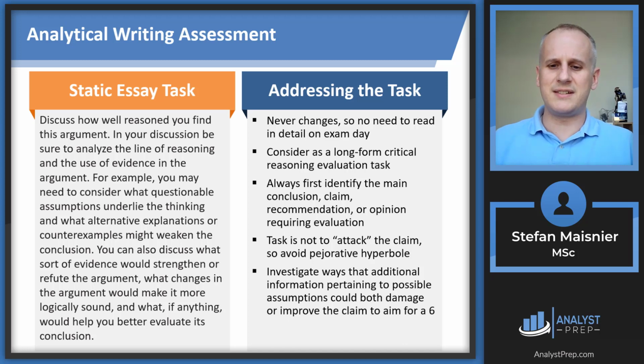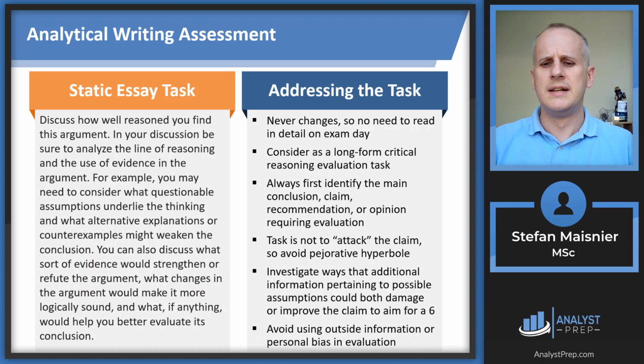And so you're going to then investigate ways that additional information pertaining to possible assumptions could both damage or improve the claim as you aim for a 6. So the way that works is you want to not only say here are problems with the argument as it's presented, but also here are possible solutions, because those solutions show and illustrate a true understanding of the circumstances in the argument, different pieces of argumentation, and just show a comprehensive overall understanding of what is happening in the little prompt that they've given you, and is really what they're looking for to attain that roughly top 10 percentile